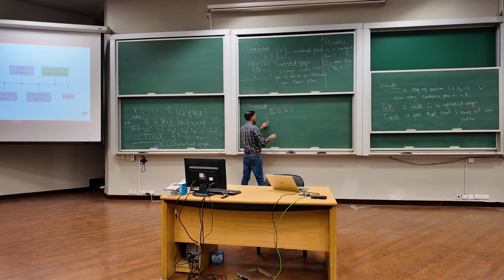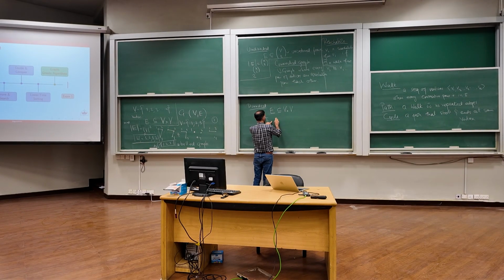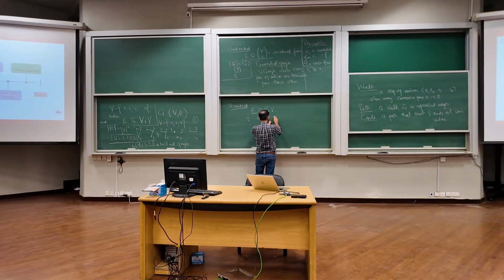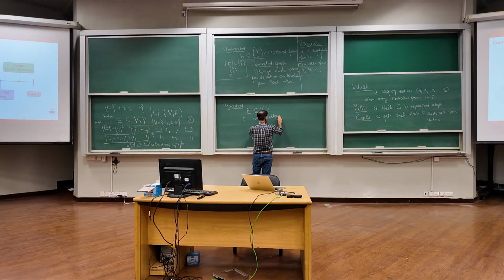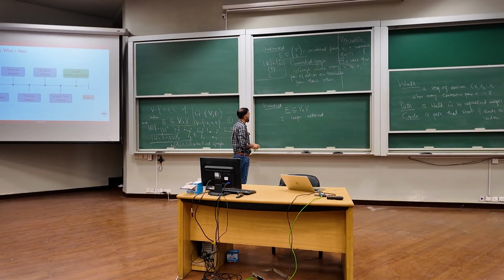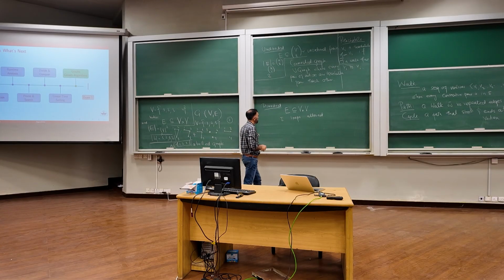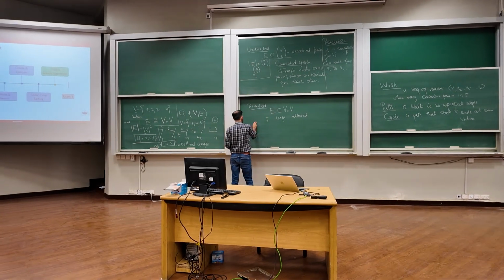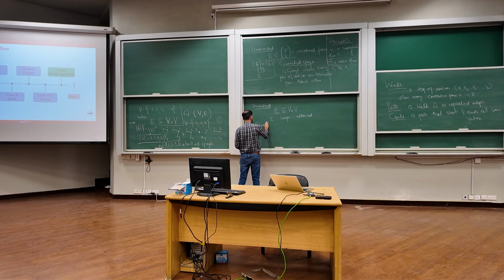अब यहाँ पे caveats होती हैं. For example, one is loops allowed है या नहीं है. Generically, they are allowed. और क्या होता है? Right. So, a simple graph